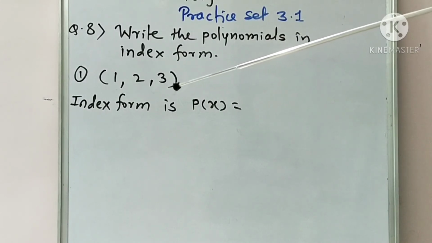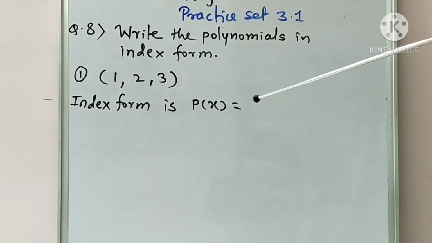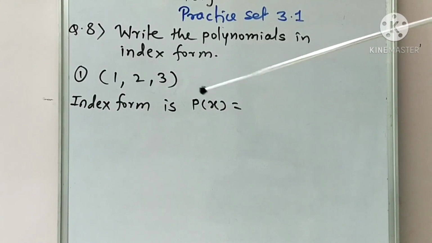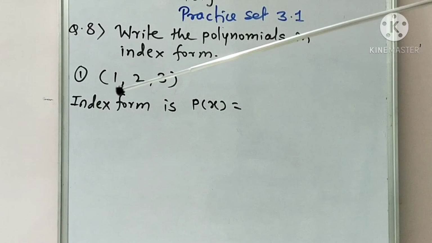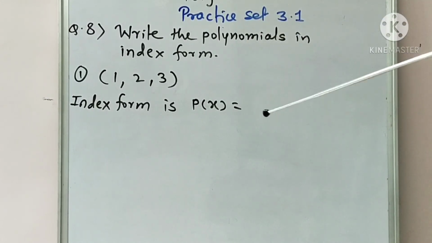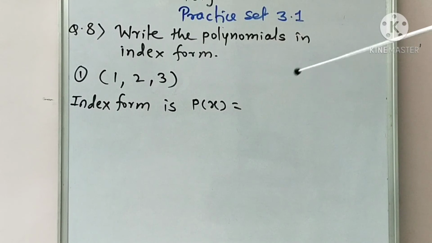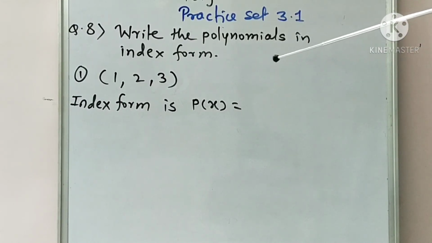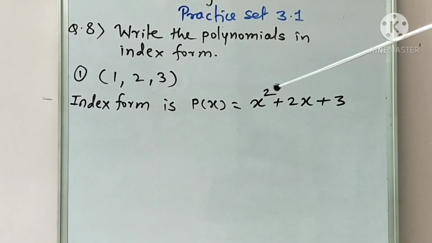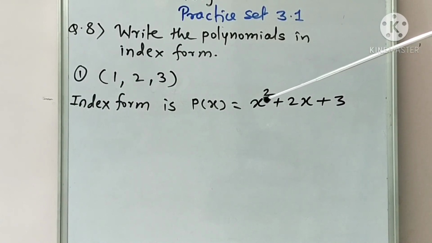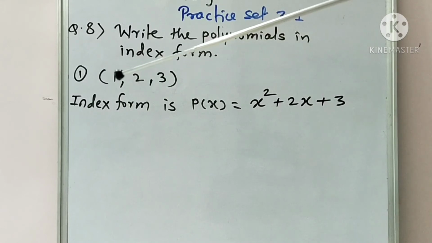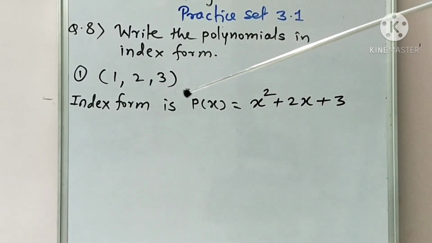Okay, so what you are supposed to do to write down the polynomial using variable x is take the degree of that variable as less by 1. Taking the number of coefficients and reducing it by one, we start to write down the polynomial. Why are we taking the degree of this polynomial as 2, the highest power as 2? Because here the given coefficients are 3.